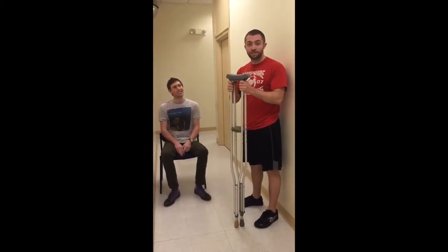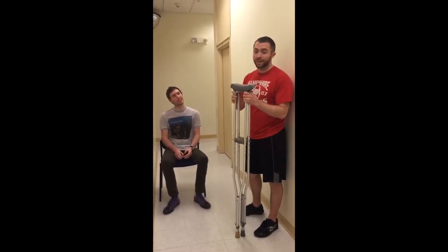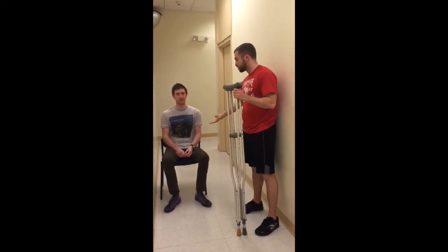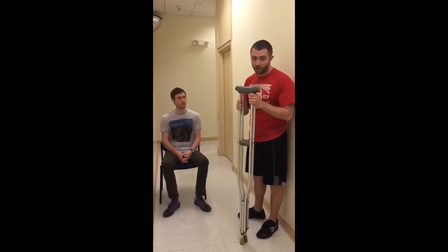Hey guys, so today we're going to teach you how to fit axillary crutches, and this is super important that we get it right because ambulation really depends on making sure that the assistive device fits properly. So one way that you can do this is you can do this in seated. So the first thing you're going to do is ask the patient how tall they are after